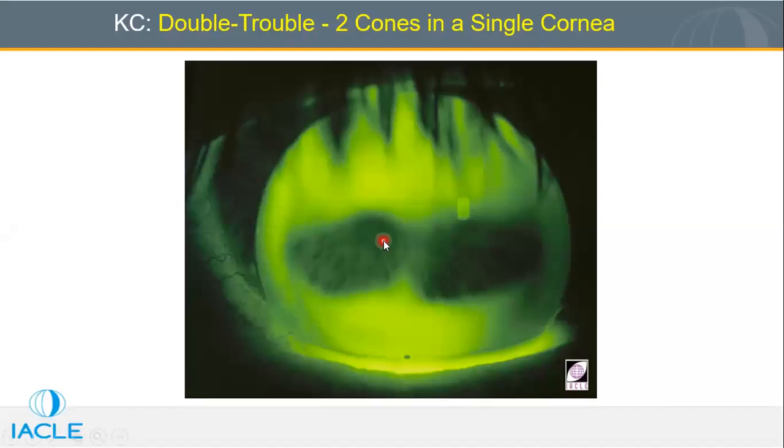Fitting these corneas with RGP lenses is almost not possible, because in this fitting we are seeing too much apical bearing. The lens is resting on the steepest part of the cornea and there is too much bearing. So this patient is not going to be comfortable with the lenses. The lens will rub the cornea too much and cause a lot of SPKs, and eventually that will lead to corneal scarring. Also the lens centration would never be good. So in this kind of case, scleral lenses are the only option.